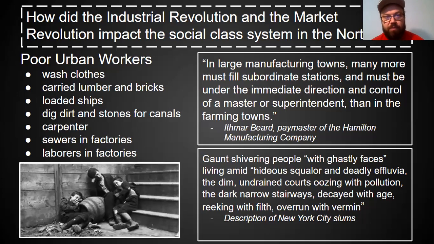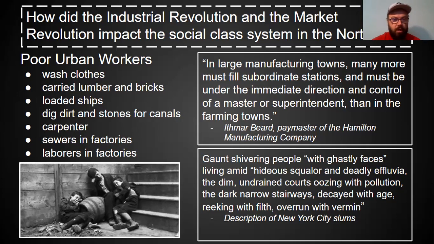the scenes that you would find in a lot of these industrial cities, right? We talked earlier in the lecture about how there's this growth of industrial cities. Well, most of the people who live in those industrial cities, who work in these factories, don't get paid good wages and are in pretty bad economic shape. And so this group of children who obviously are wearing ratty clothes, just sleeping on the streets, whatever, which is a pretty sad portrayal, is a somewhat common scene that you would see in the industrial cities during this time period. A couple of quotes that really highlight this segment of society, right?